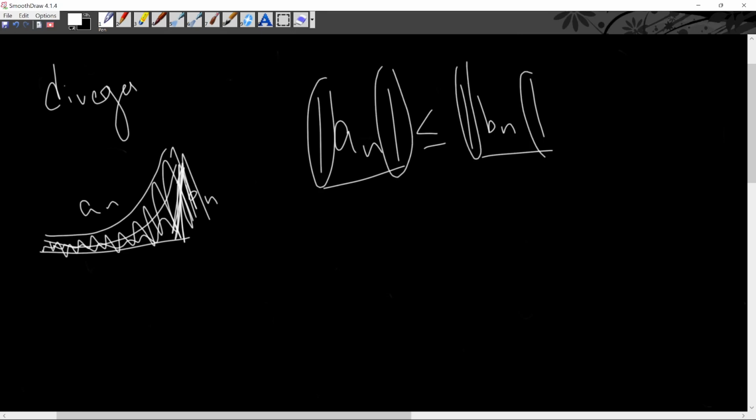Because we're taking the absolute value of every single term. So if the absolute value of B sub n converges, then the absolute value of A sub n also converges, which means that the series itself is absolutely convergent. And if the